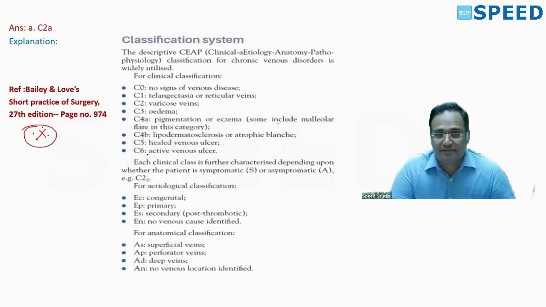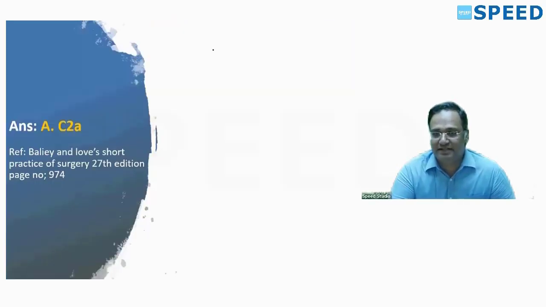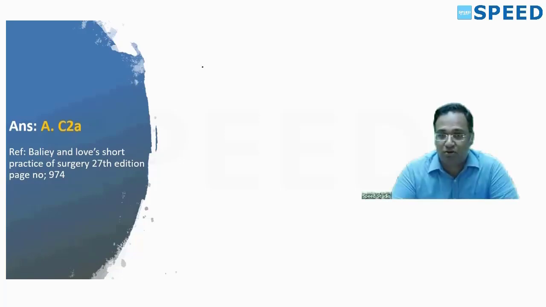Now, in varicose veins, there could be two aspects. Is it the long saphenous vein or the short saphenous vein? From the dorsal venous arch, on the medial side the long saphenous vein continues, and on the lateral side it is the short saphenous vein which continues. The long saphenous vein goes anterior to the medial malleolus, onto the medial aspect of the leg, the knee, and the thigh, then opens into the femoral vein. Similarly, the short saphenous vein takes origin from the lateral aspect of the dorsal venous arch, goes posterior to the lateral malleolus, then along the lateral aspect of the leg and opens into the popliteal vein at the sapheno-popliteal junction. Is it clear?